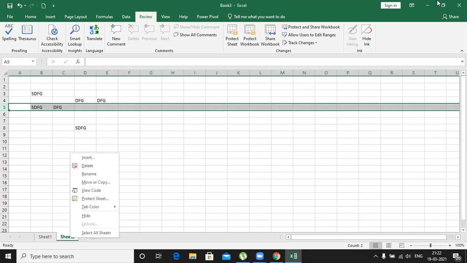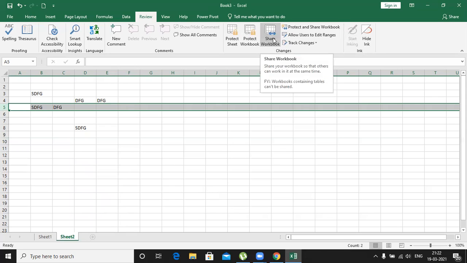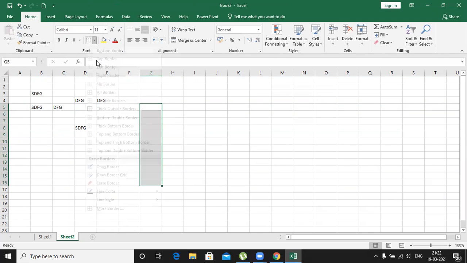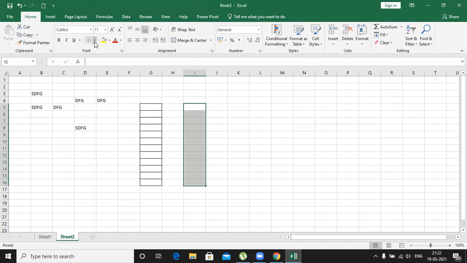And next, if there is a criteria, sir, I would like to share the workbook with others also. Okay, so for example, here the junior accountant is working in this area, just for the sake of example, and on this side the senior accountant is working.